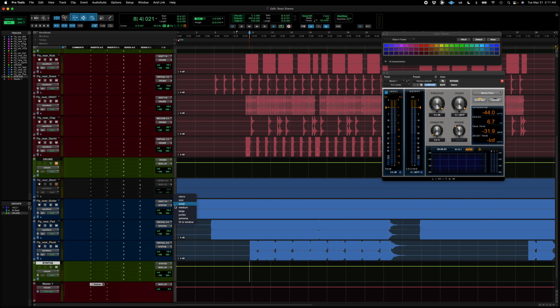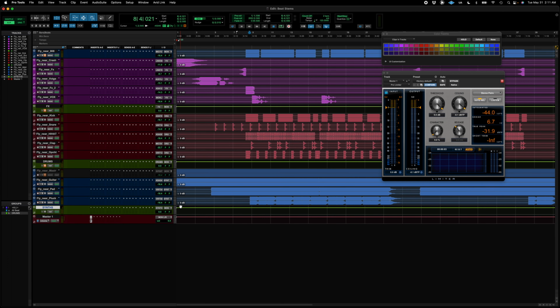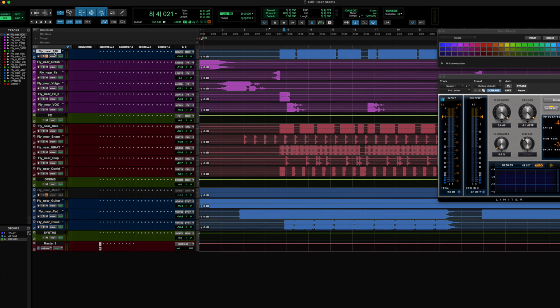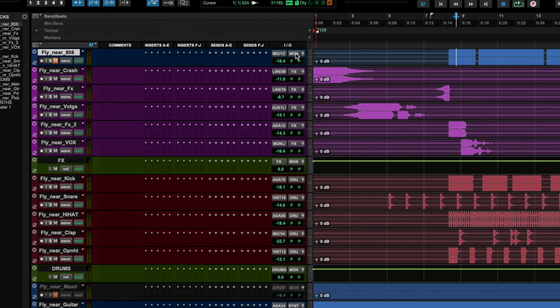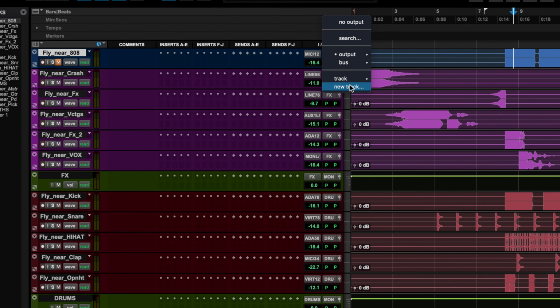So I'm going to make everything smaller so we can see it and go ahead and unmute these tracks. And typically what I'll do with the 808 track is just create an individual aux bus just for itself.